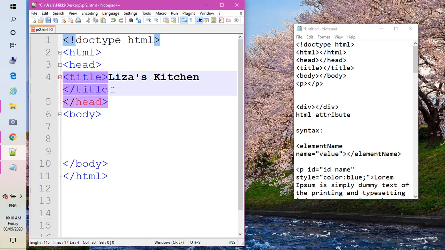So to fix that, you can just put back your angle bracket, and then it will turn back. Okay, so to know the output,